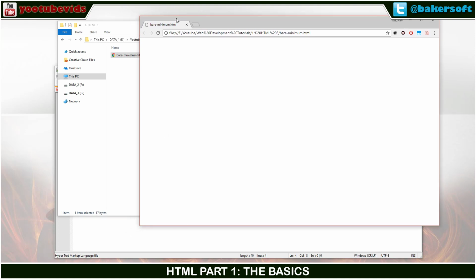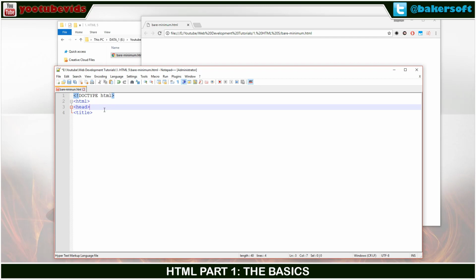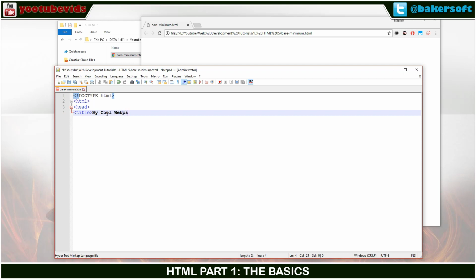It's because this is just the default name the browser gave the document, or the default title the browser gave the document, because there was no title specified for the document. So this is the title of the document. So if I say My Cool Web Page,